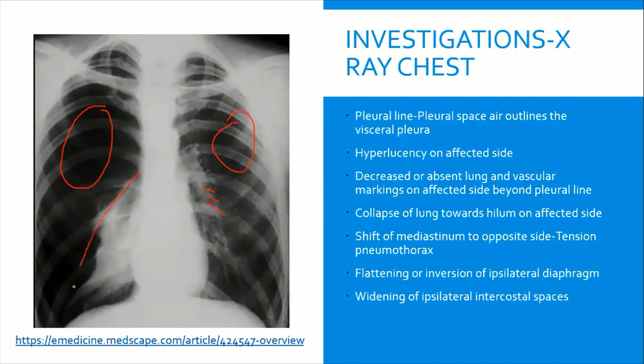And you can see the collapsed lung, which is towards the mediastinum. Okay. And if this lung is more, the whole mediastinum will be shifted to the opposite side. And this diaphragm, you see, usually your right diaphragm will be higher compared to that of the left diaphragm because of the presence of liver. But in this case, it is pushed down and it is lower or almost at the same level of your left hemidiaphragm. Okay. And there can be widening of intercostal spaces. These are the findings that you will look for in an X-ray chest.